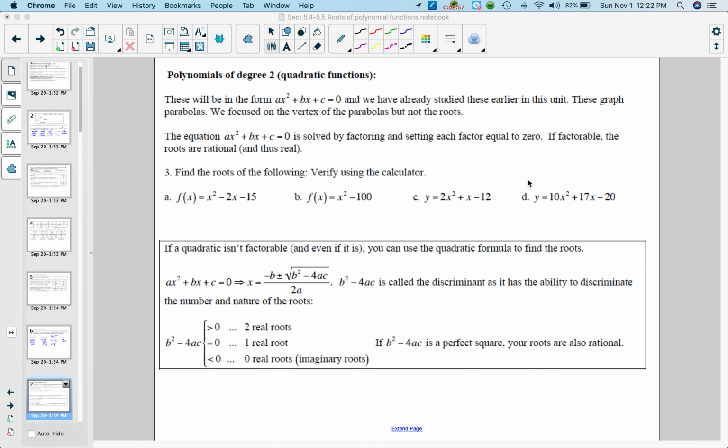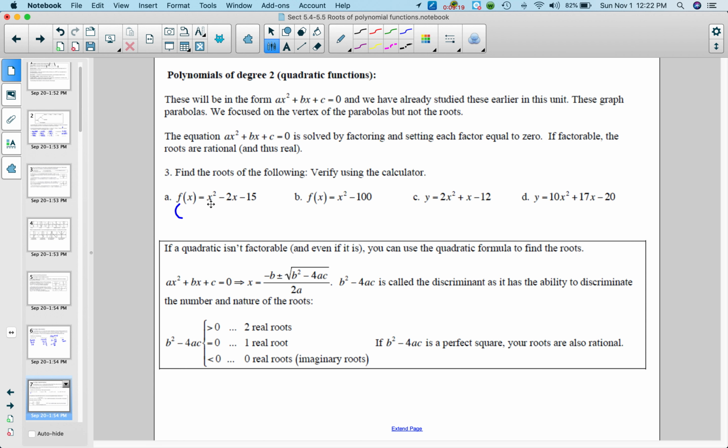So moving on to polynomials of degree 2, we have quadratic functions, and you guys are pretty familiar with this. So when we find the roots of the following, we have several different ways. In Algebra 2, we had a little chart with 5 ways to solve quadratic functions. So here, if I set this equal to 0, this is factorable. You can do a diamond problem. I get x minus 5 and x plus 3. So then we're going to get x equals 5 or x equals negative 3 would be our roots,